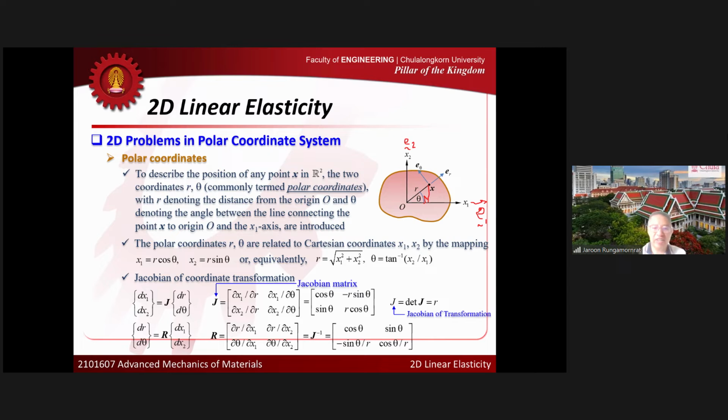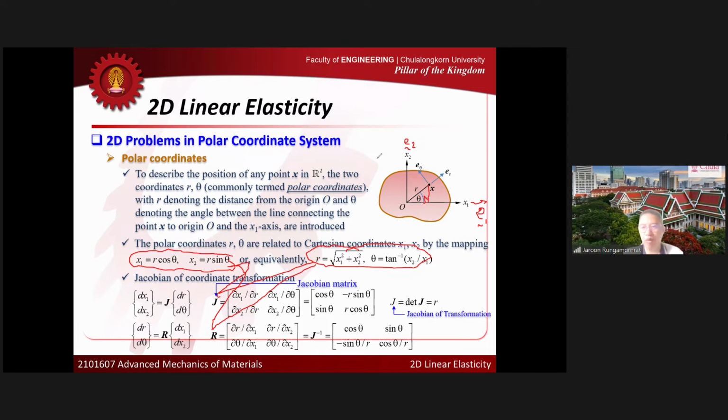And J and R here can be obtained from the mapping. The mapping here tells you the relationship between x1, x2, and r and theta. Or you can think about this one, they are equivalent. And this mapping gives you the information of J and R. And we will use that to perform the differentiation later, because don't forget that when you try to deal